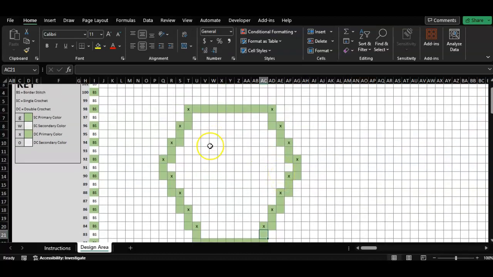Okay, and now let's see here. We'll put in some eyes. How about that? So we're going to put a long double in the primary here, and we'll do the same over here. And then let's see here. I need to go to a primary color row, and we'll put the nose in. And then we'll put in,